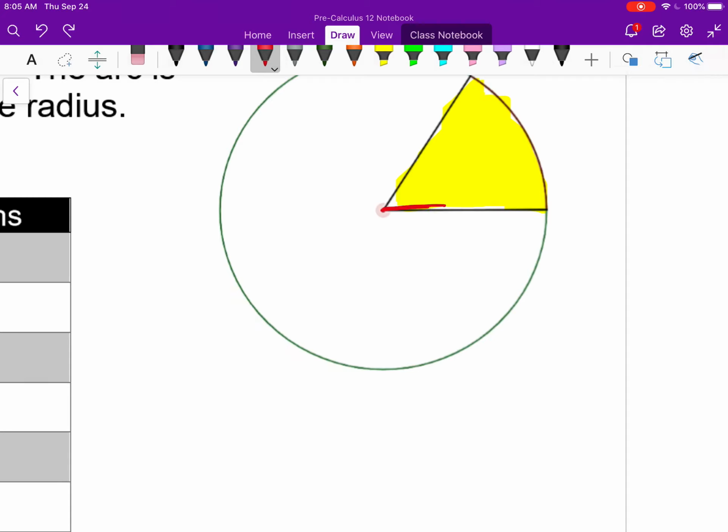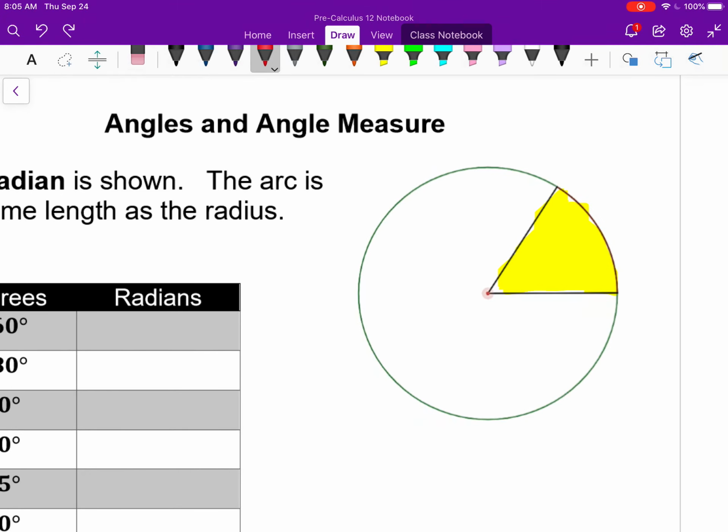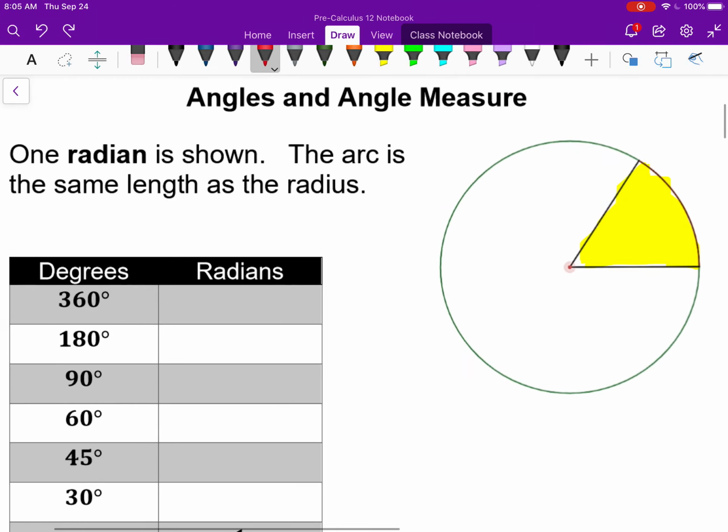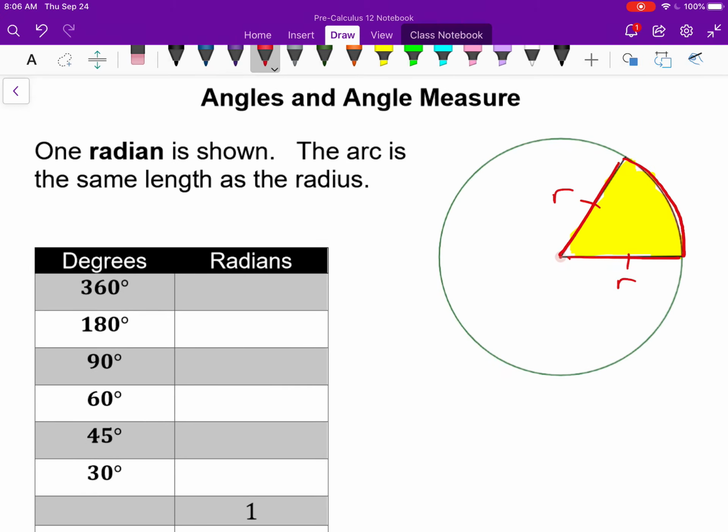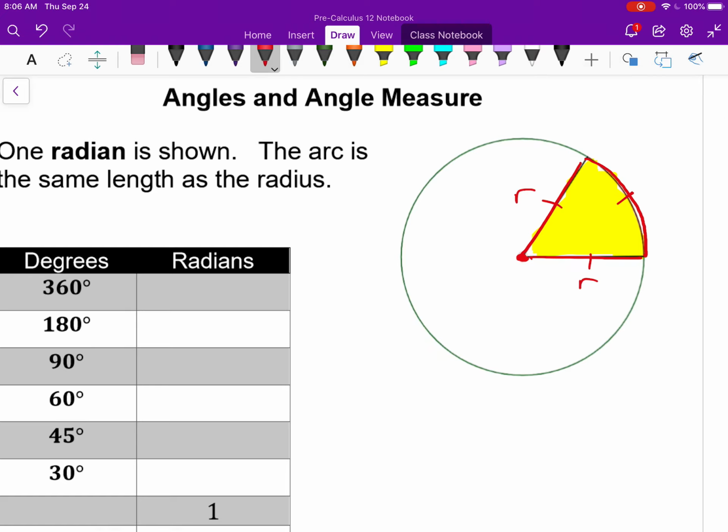So what defines a radian? For example, a degree is defined as 1/360th of a rotation around a circle. What's a radian? A radian is determined by the angle when the arc length, which is this part here, is the same as the radius. Notice when I'm drawing in red, all 3 of these lines are actually the same length. The 2 here are clearly the radius, each a radius of the circle. But if you imagine this slice getting large enough so the 2 radii are the same length as this arc length out here, if you imagine a slice where all 3 of those lines are the same length,